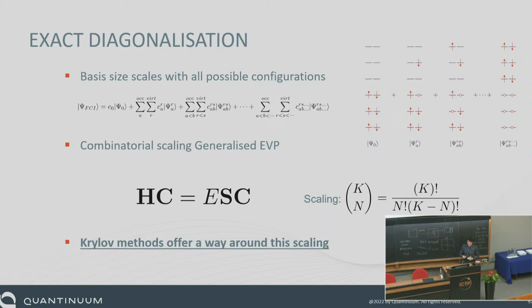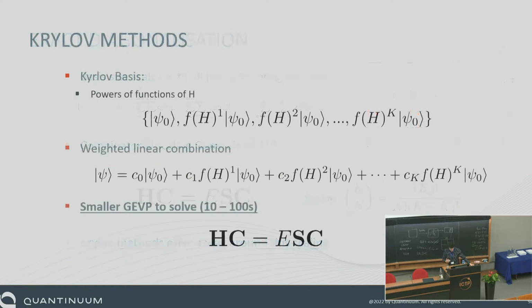So going back to exact diagonalization, or configuration interaction in chemist speak, we have this exponentially scaling basis. This matrix obviously scales exponentially. It's combinatorial, but it's within 2 to the n. Well, I'll explain that if I want to explain that. So we have this exponentially scaling matrix. This is bad. Okay. So what Krylov methods do